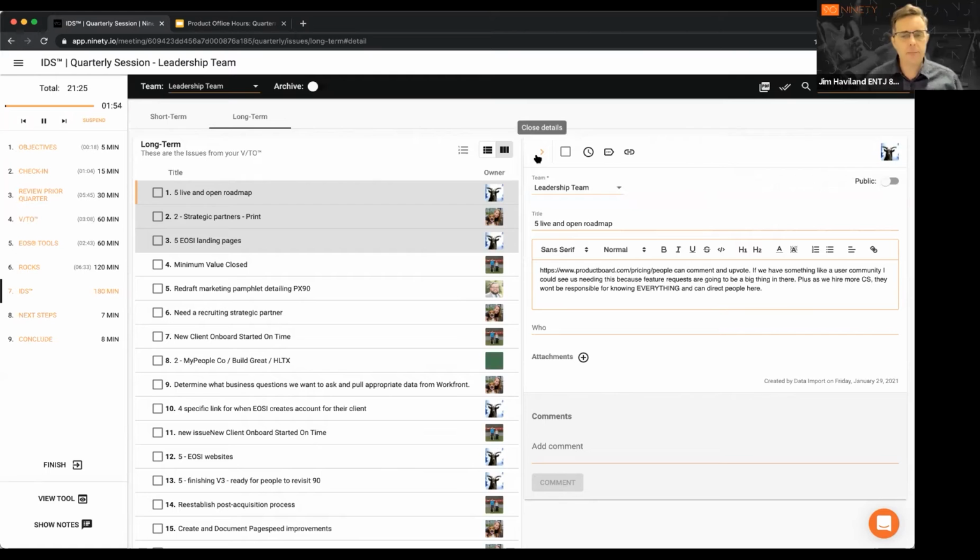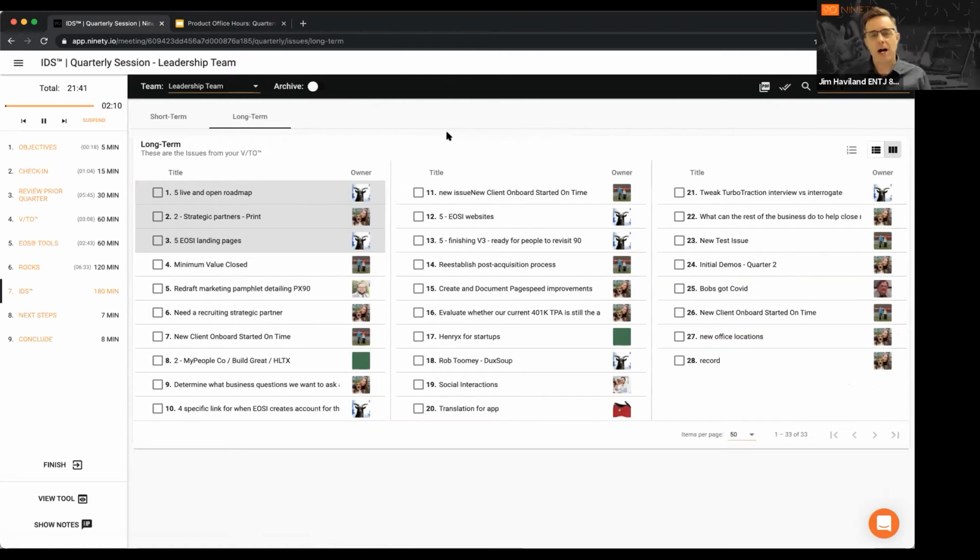Cleaning this up is an ongoing discipline. We give you a bunch of tools here in 90 to get this done, but it's really about making sure you're only considering, it's 180 minutes, but they're 180 really expensive minutes. This is your leadership team. Make sure you're spending them wisely and really focus on things that are most urgent and important. And the better you get at that, the better for everybody.